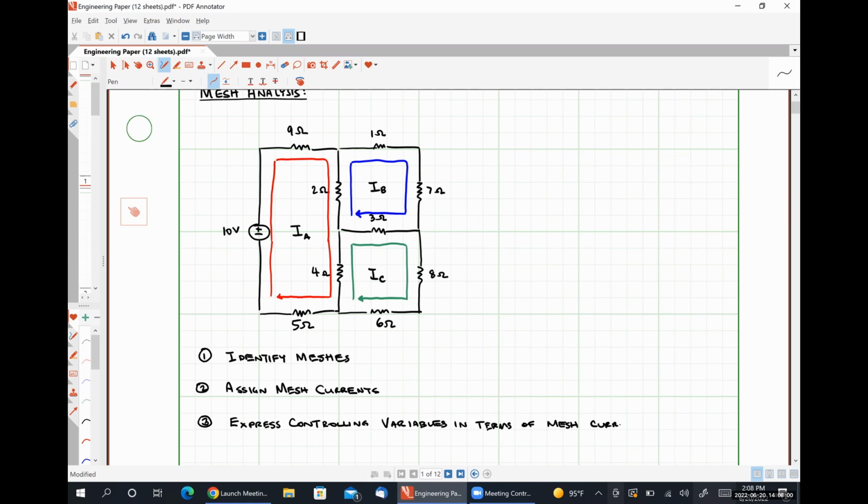So I don't have a dependent source in this particular problem, but what I can do is throw out some variables that we might be interested in, okay? So for example,